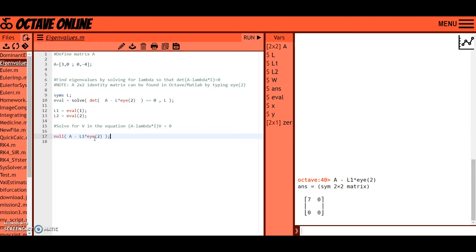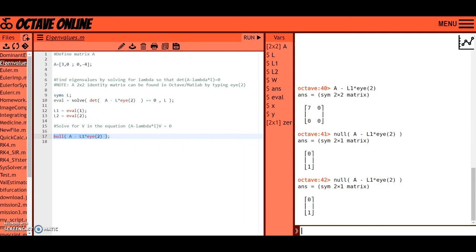But we're not going to worry too much about how that function operates. Essentially it solves the equation: whatever is here times an xy vector equals 0. So this is the equation that it's aiming to solve. Okay, so if we do that, check out what we get. We get the vector 0, 1. Now for L2, we got 1, 0. X could be anything, and y had to be 0. So if we solve this, then we should get the vector